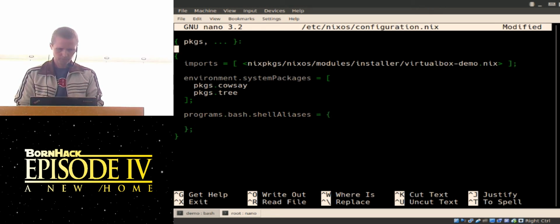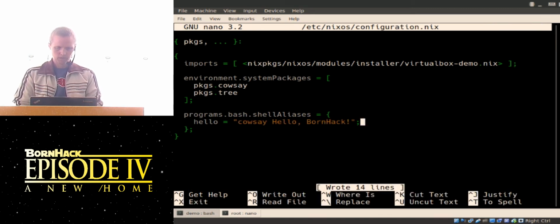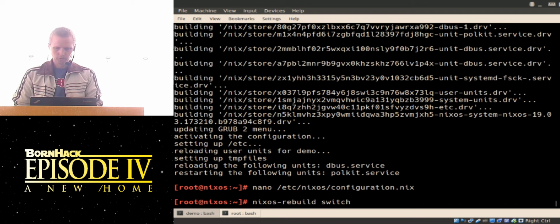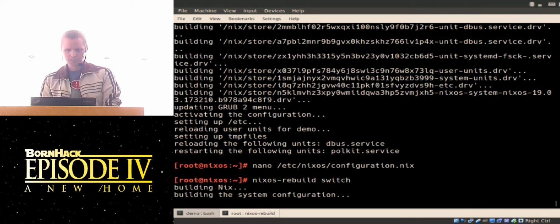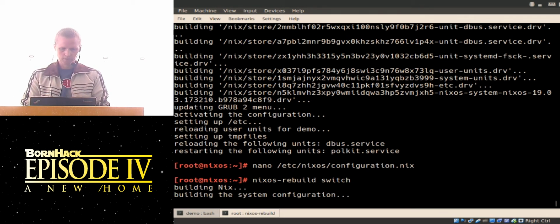So hello is equal to, I want to run cowsay hello BornHack. I don't completely remember whether that option name is the correct one, but Nix will tell us.